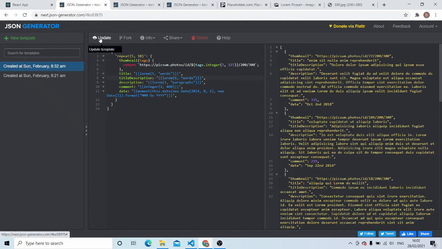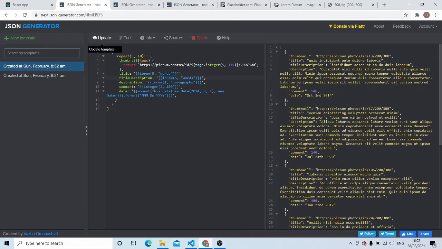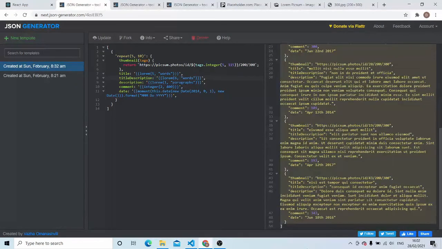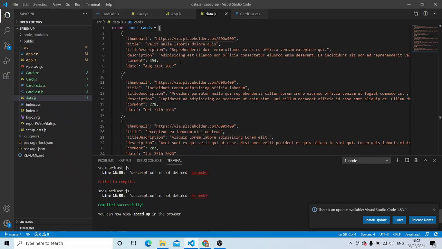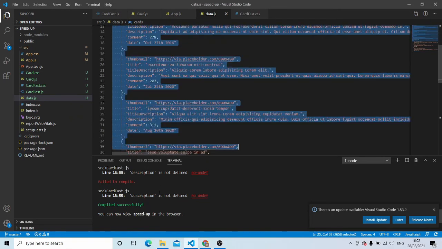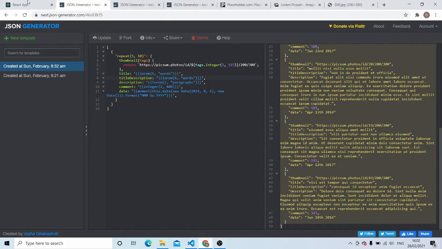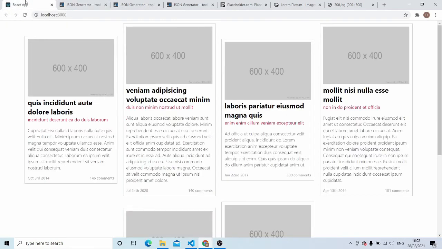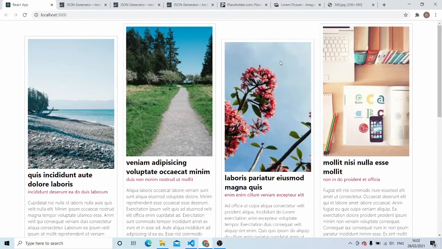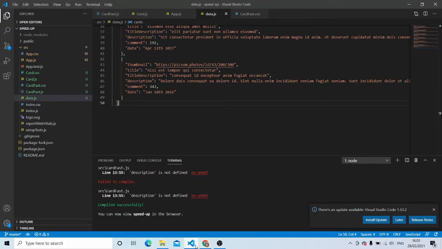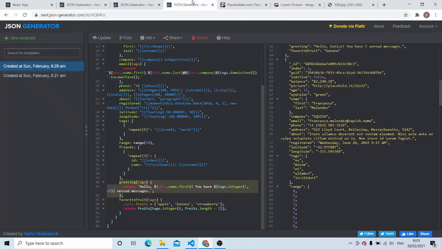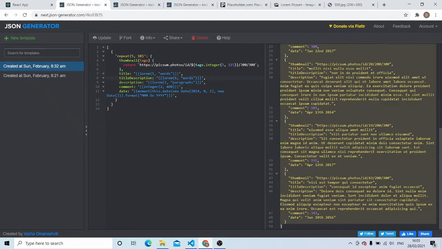And then I update again, and I copy whatever we have in here, and then I replace it with this. I hit save, and now I should see the changes and get a random image for every item on my cart. And it turns out that we have a wrong size, so let's do that again. Sorry, yep, right here it's about 600 times 400,